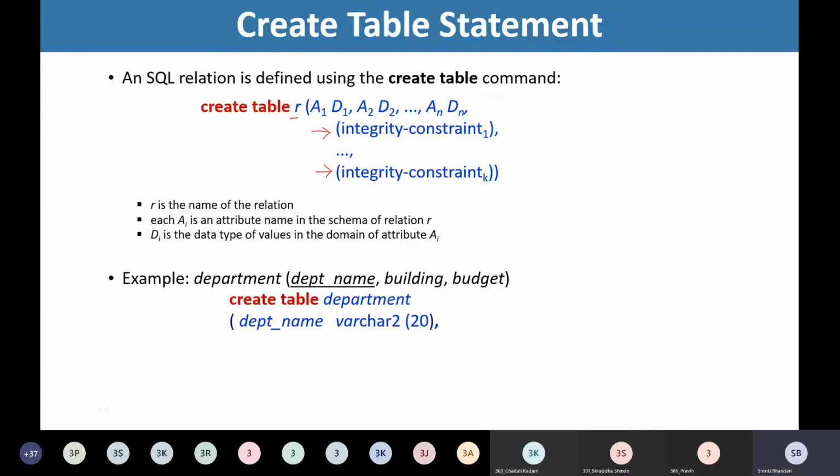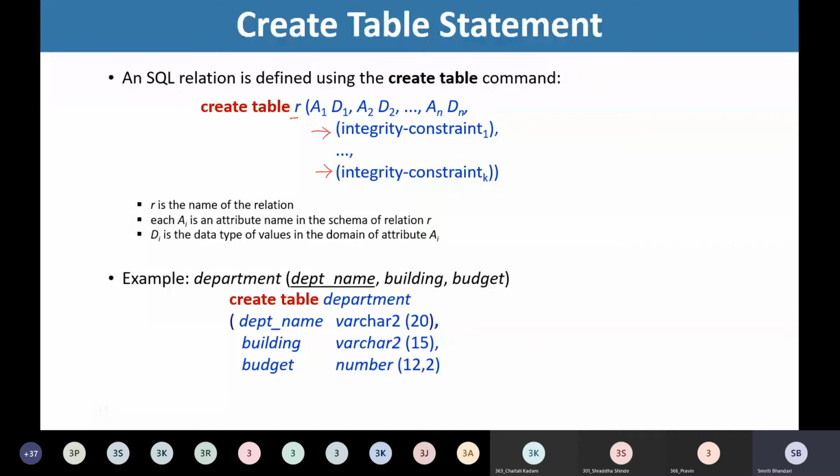If I want to create the department table with this schema, department name, which would be a primary key, building and budget, I'll be using the statement: create table department (dept_name varchar2(20), building varchar2(15), budget number(12,2)).